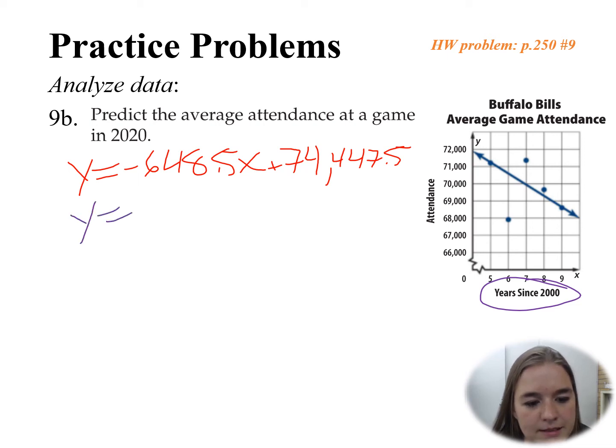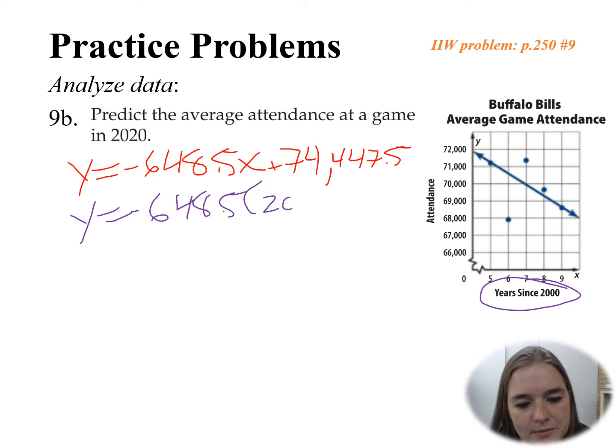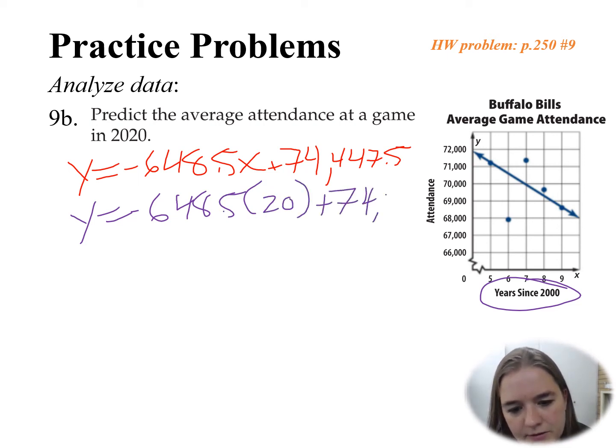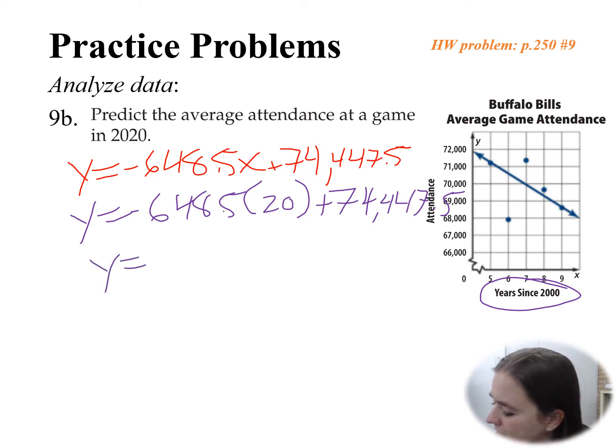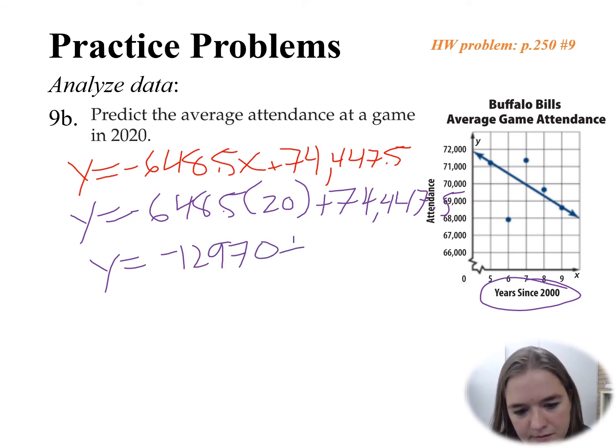I'm going to have y equals negative 648.5 times 20 years past my starting time, plus that start value, 74,447.5. Order of operations tells me I need to multiply before I add or subtract, so I get y equals negative 12,970 plus my start value,